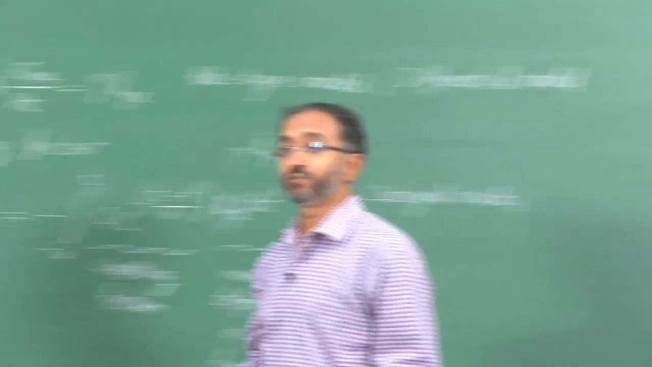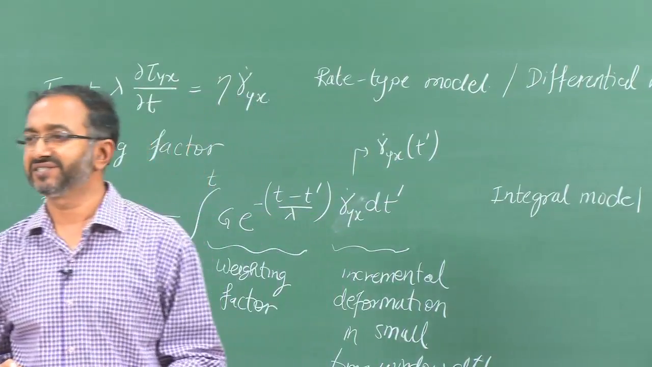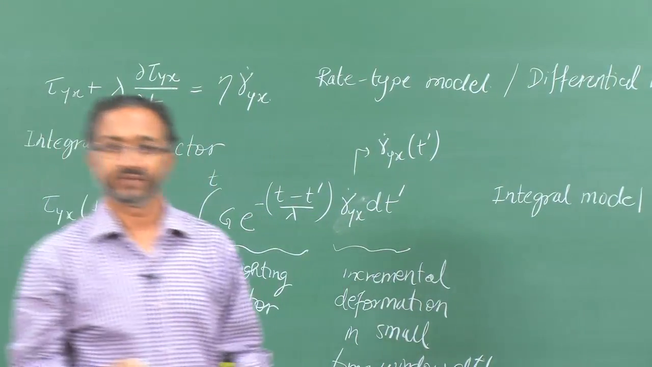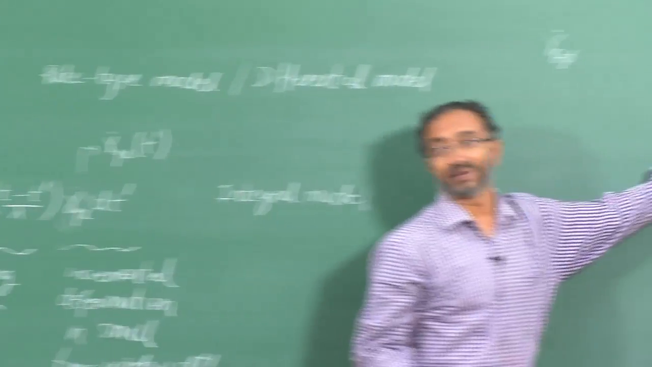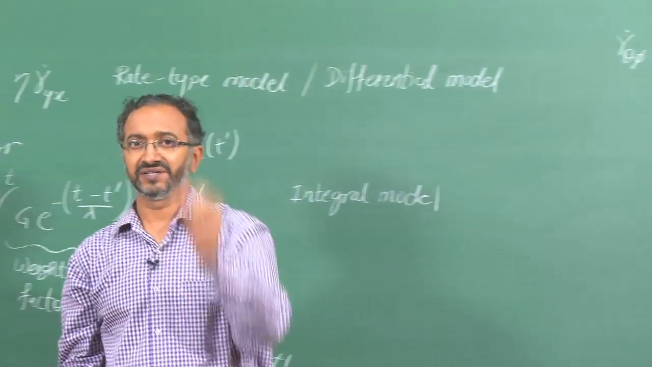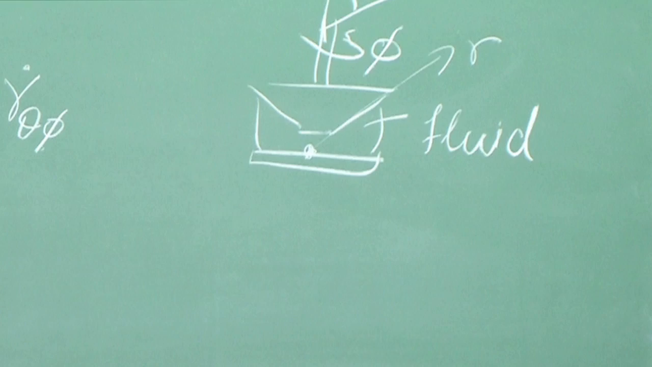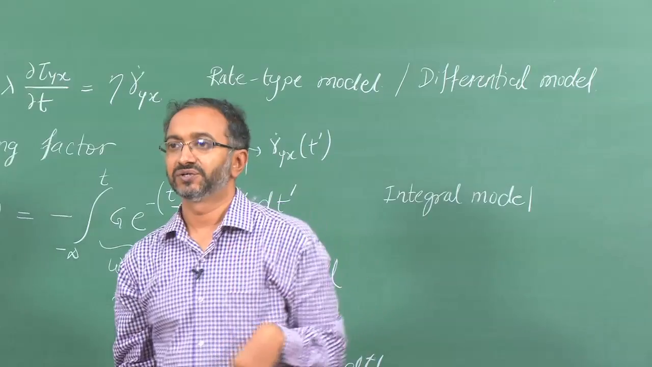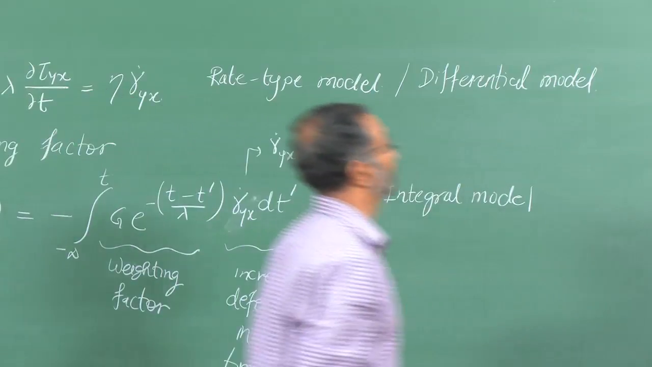So theta is equal to pi by 2 is which surface? Theta is equal to pi by 2 is the bottom plate, right. Theta is 0 is the shaft, and theta is equal to pi by 2, and of course phi goes from 0 to 2 pi. So therefore in this case we have only v phi,